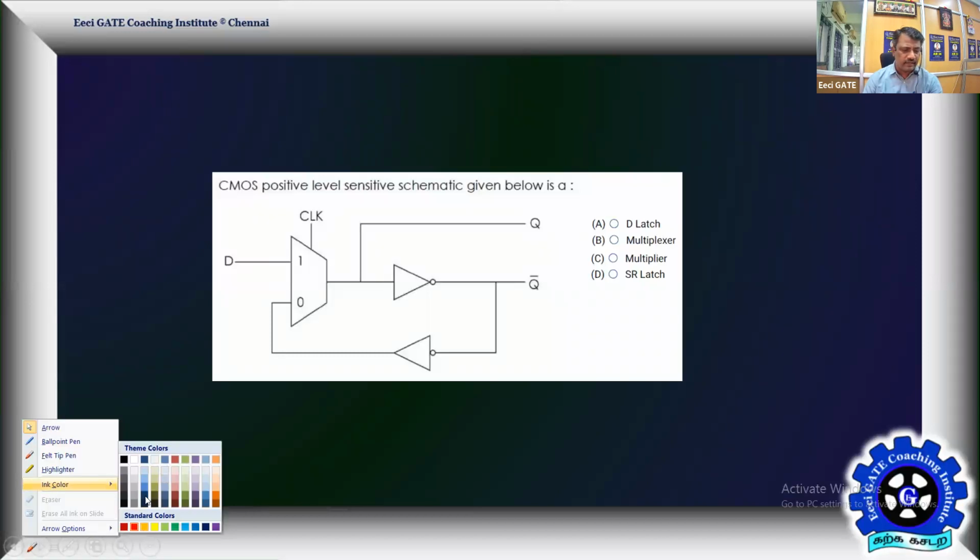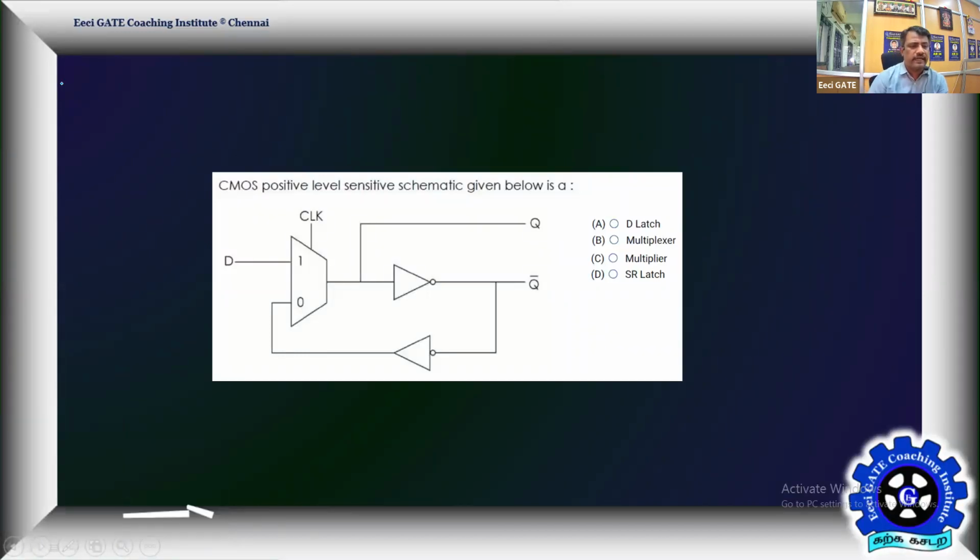A small verification. A D latch is shortly given by this. The clock is your enable. It's not a clock edge, it's simply the clock. Without the edge, you can mark it as a clock. The whole thing you can call a latch. D is the input, Q is the output, Q bar is the output. That's the representation. Whenever the clock is 1, whatever data is with D goes to Q. So Q star is equal to D.